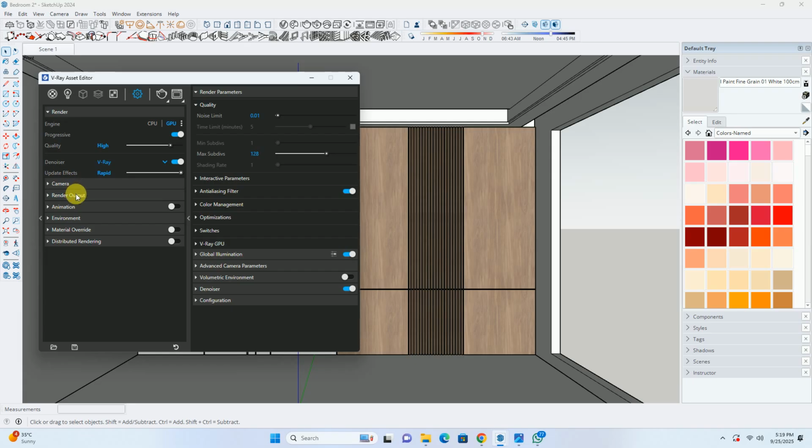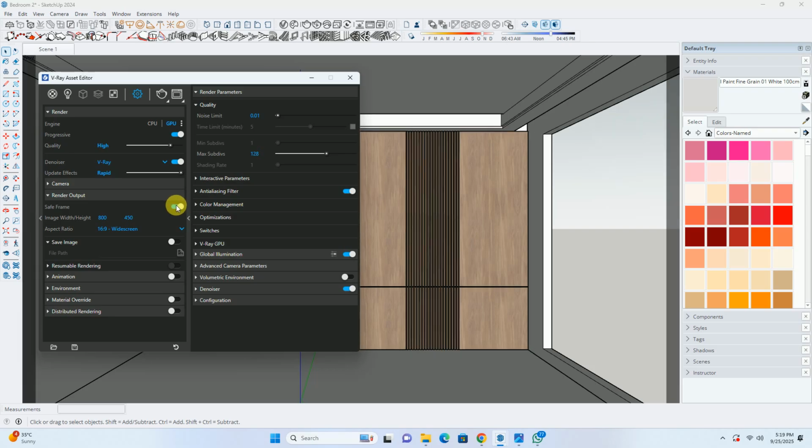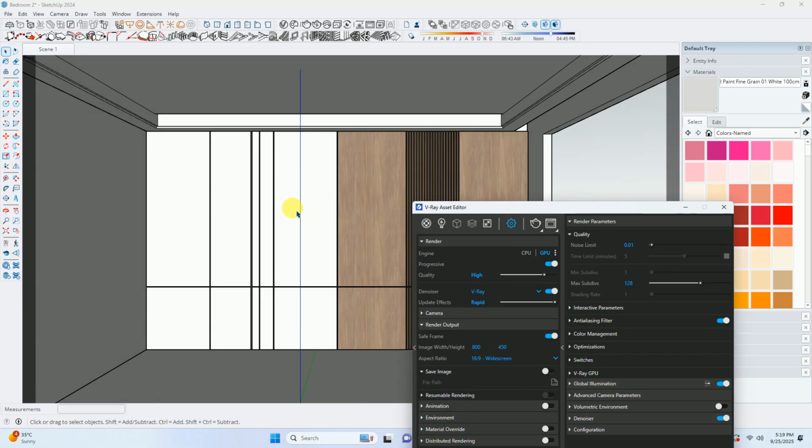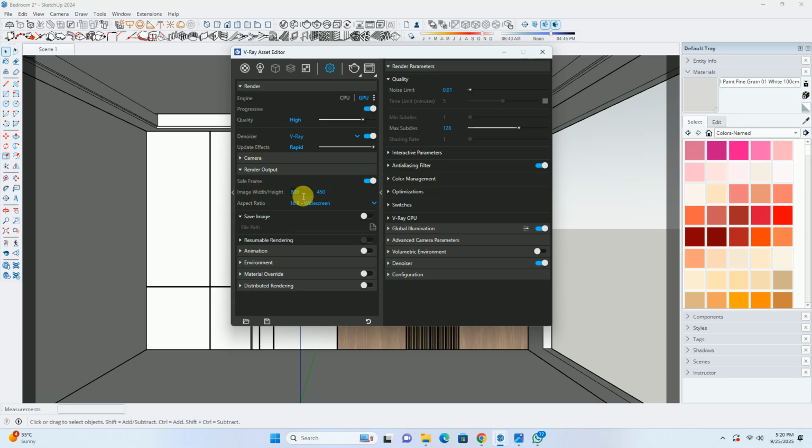Now at the bottom, below this, we have a camera option. We are not going to change anything in the camera. We'll go to this render option first of all. By going to render mode, the first thing is to create a safe frame so that we can know what elements would be covered inside our render. Whichever view you have placed your camera in SketchUp is going to act as our camera view. Now we can specify the image size that we want the render to be accomplished in. So I'm specifying size as